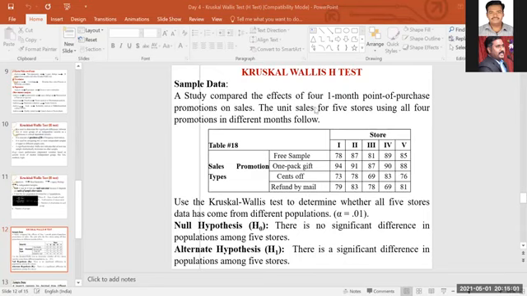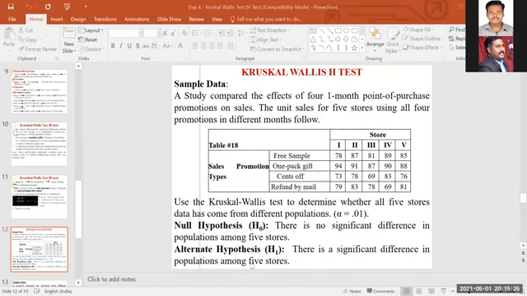Okay, this is the same. If you take the same example, we will work it out. I will show you how to interpret based on the store as well as how to interpret based on the promotion type. How we did one-way ANOVA, right, one by one. We have chosen one factor, one independent variable as one factor, and then we have done the analysis. Similarly, the same process we can follow here also. Okay, yes, fine. Yeah, check normality. I will show you, so just a minute.